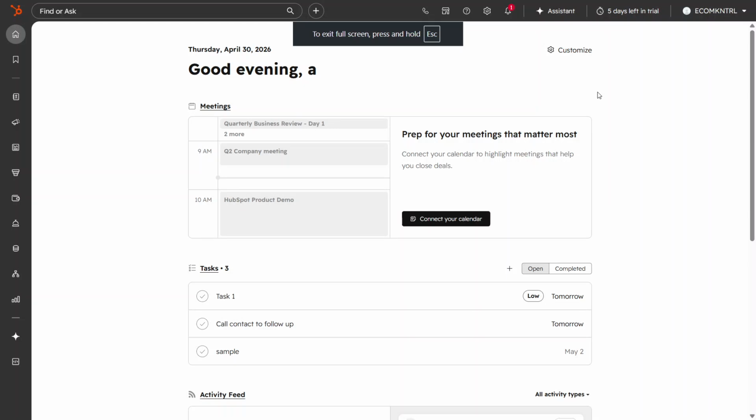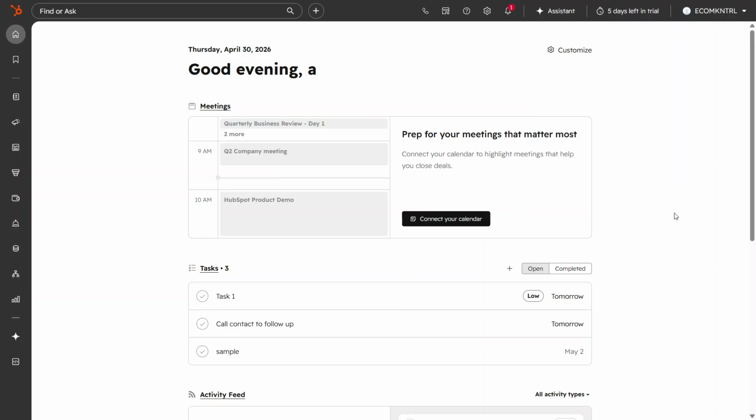In today's video, I'm going to teach you how to add code to the head or footer HTML of HubSpot content. This is really useful when you need to add things like tracking pixels, analytics snippets, verification tags, or other scripts that should load on every page of a specific domain. I'll walk you through the process step by step, and by the end, you'll know exactly where to go and